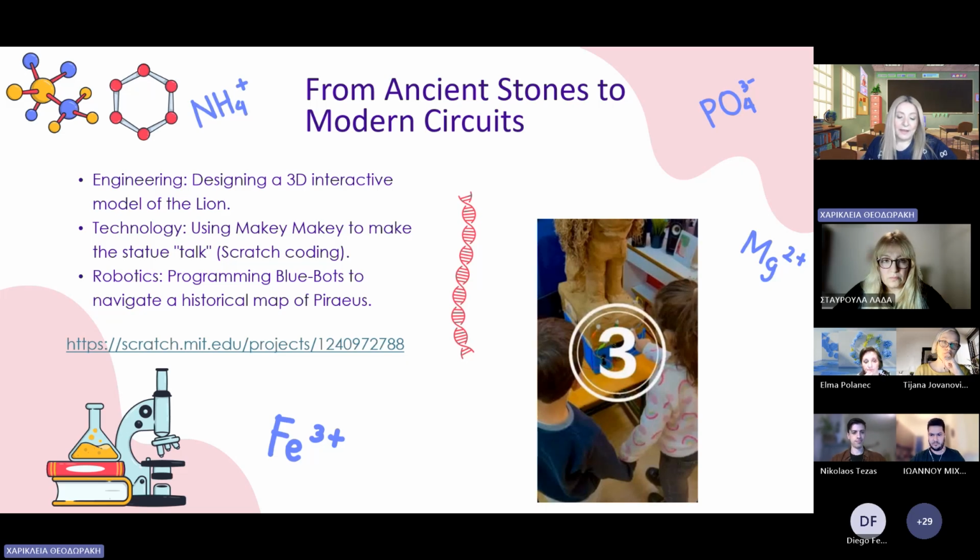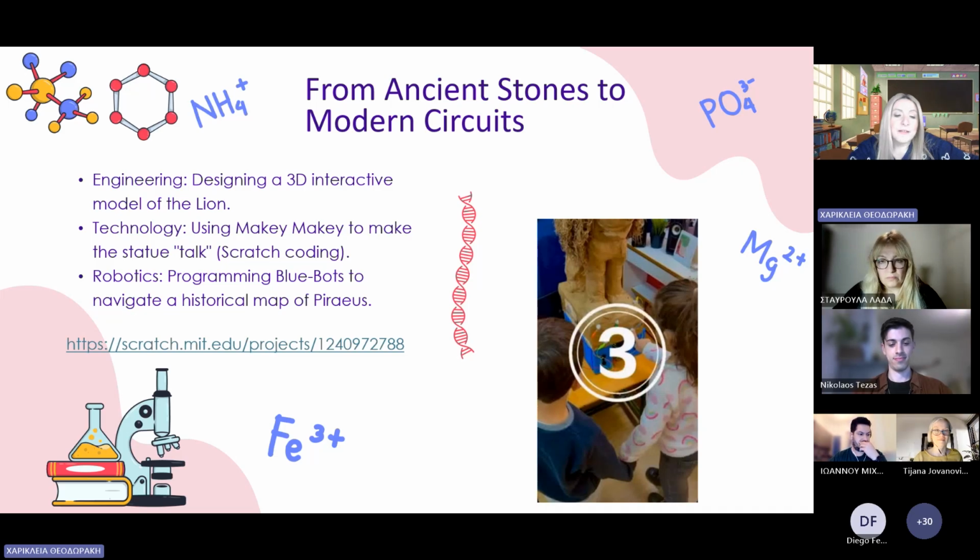Then, we integrated technology by using Makey Makey and Scratch, and the children coded the lion to share its history when touched, making abstract concepts tangible things. And finally, we introduced robotics with Blue-Bots, where pupils had to calculate distances and angles to program the robot's journey across the historical map of our city. And here you can see the small promo video we made.